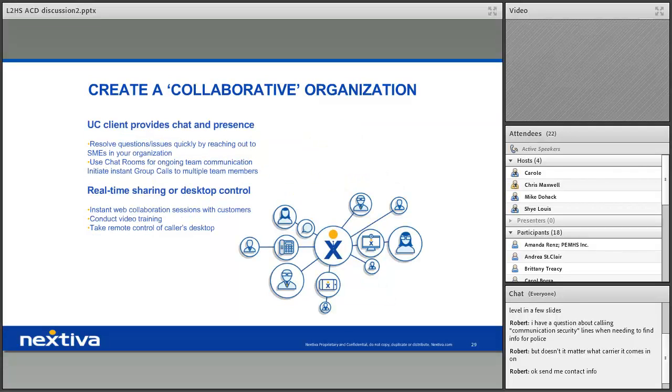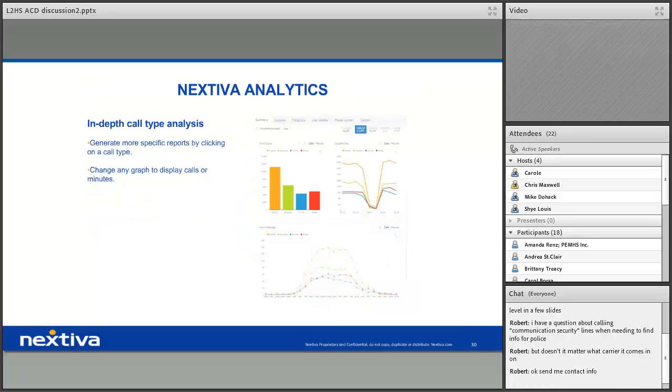Yes, sir. All right. And this is a complete collaborative UC communications. We do everything from our call center functionality to our office plans to drive capability for syncing and sharing, web collaboration to off-network and, of course, on-network individuals. Like I mentioned, the sharing and desktop control, very easy. We have chat functionality that goes along with pretty much anything from the office plan all the way to the call center functionality as well. We have that chat and that instant messaging. All right, next slide, Mike, please.